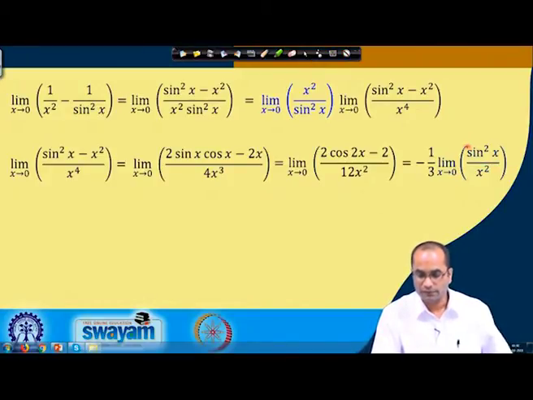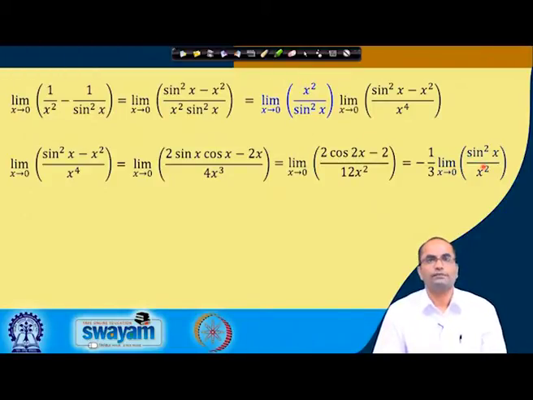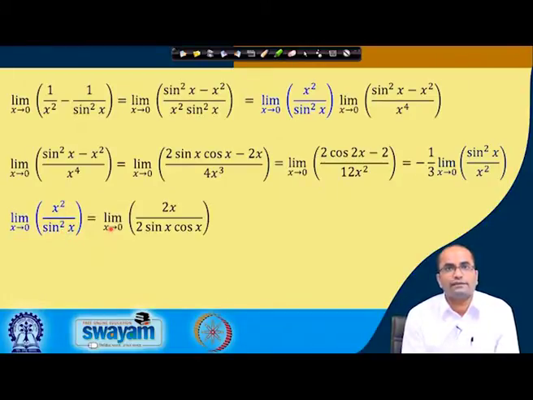And now, this limit here, x goes to 0 sin square x over x square, is similar to what we have there, x square over sin square x, and we will see in a minute that these both limits can be handled in a similar fashion. So, let us consider this one. We could have considered sin square x over x square, both will result in the same limit. So, just consider the limit x goes to 0 x square over sin square x, and in this case